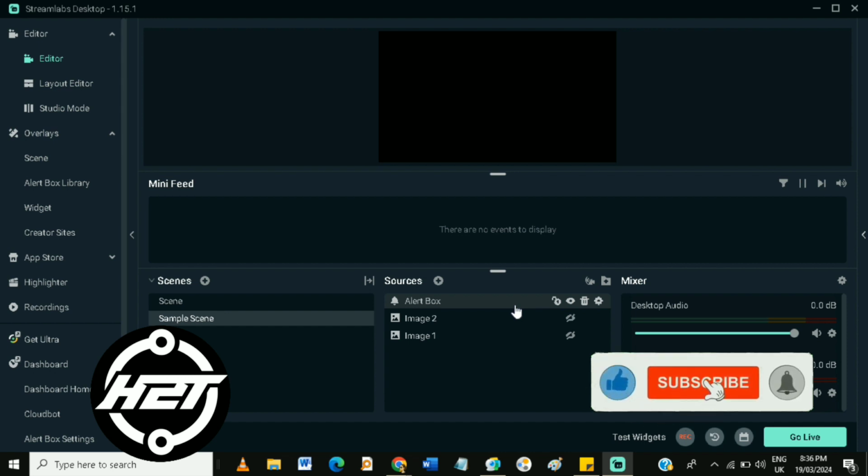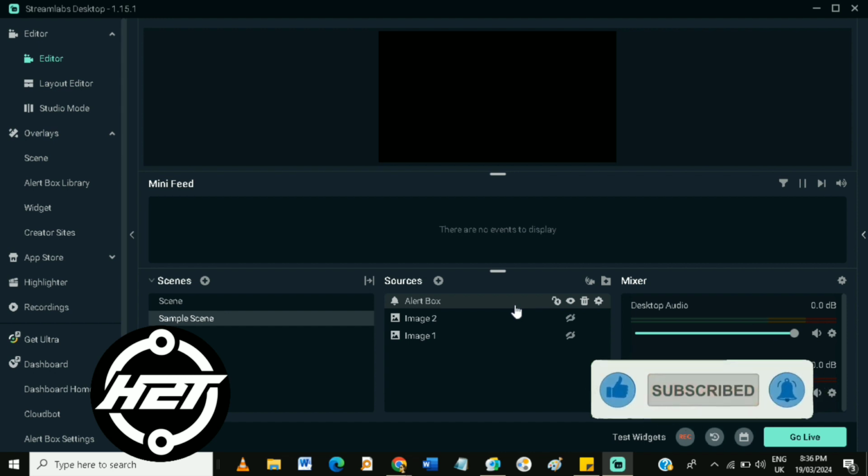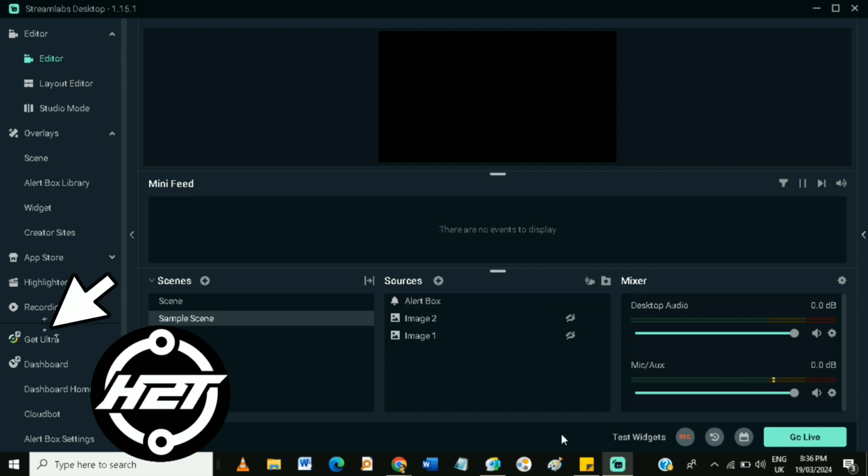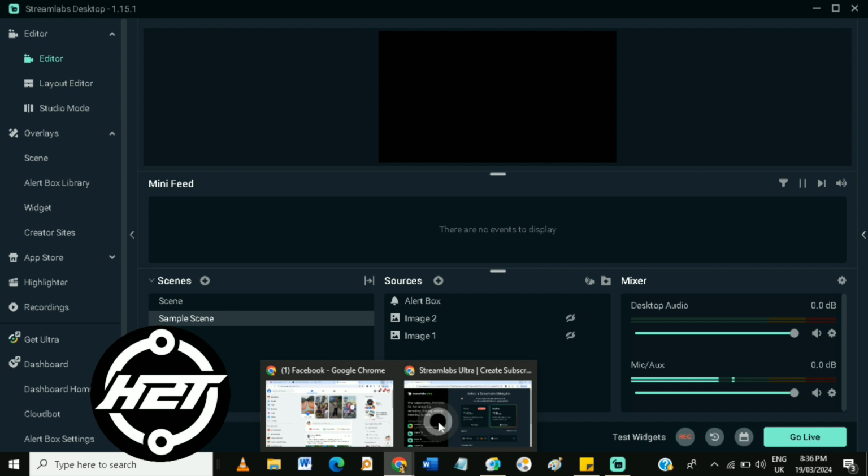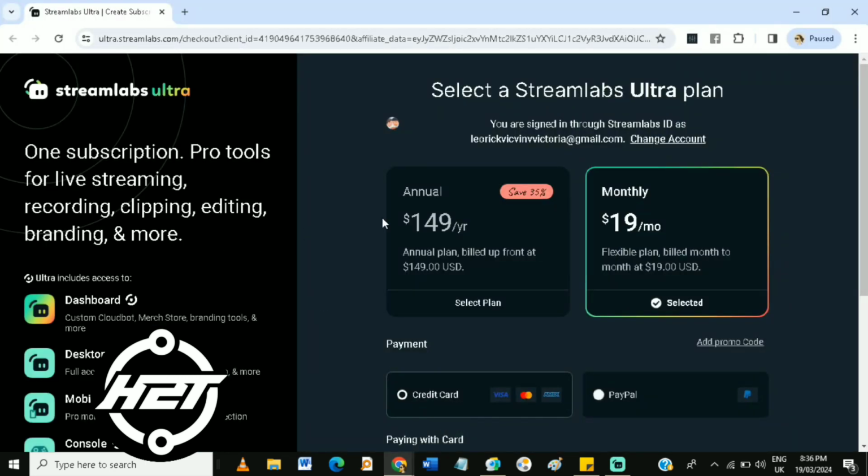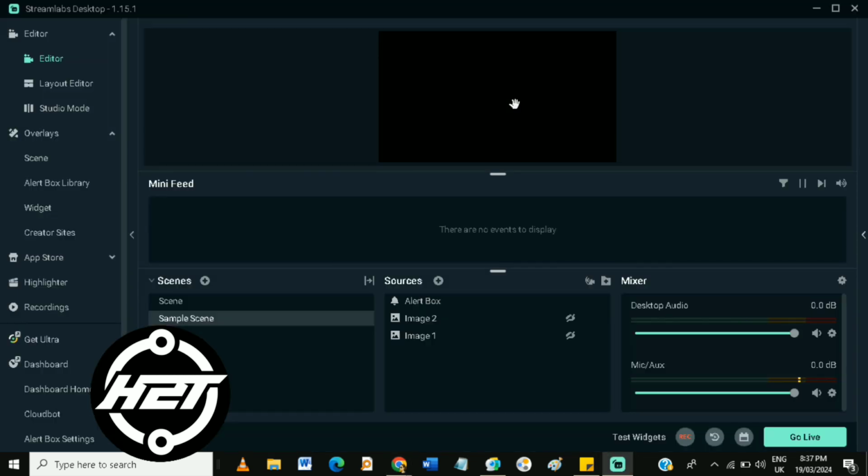Then in here, click on the Get Ultra button to go to the official website of Streamlabs application, where you can subscribe to the Streamlabs Ultra. You can see now the official website of Streamlabs, where you can subscribe to the Streamlabs Ultra plan. Then after you subscribe to this plan,